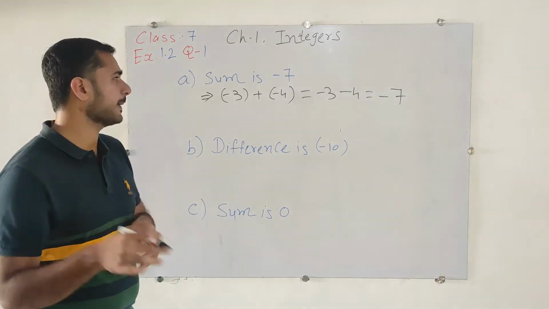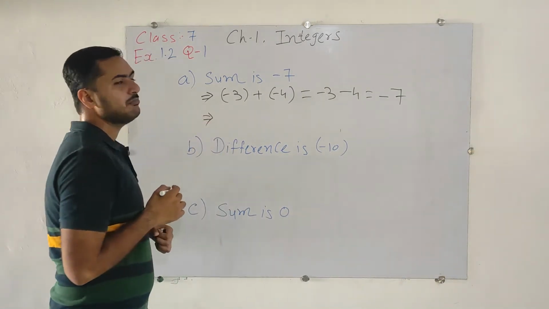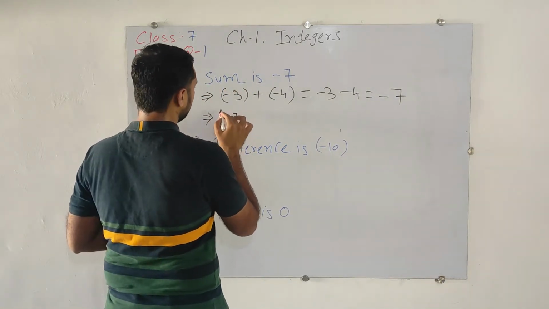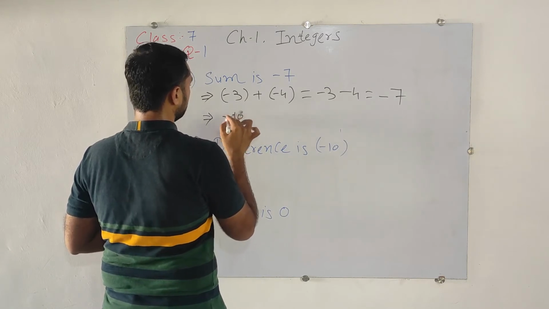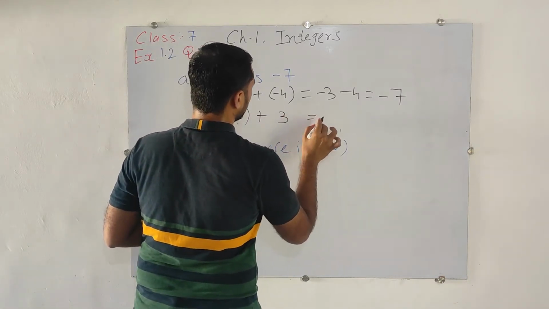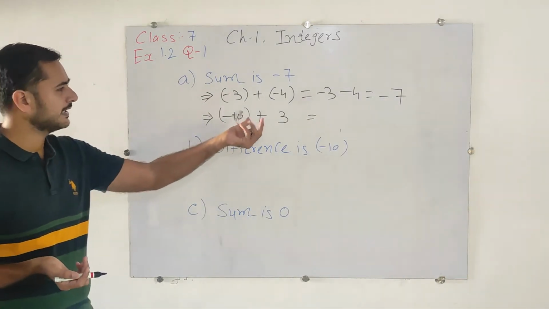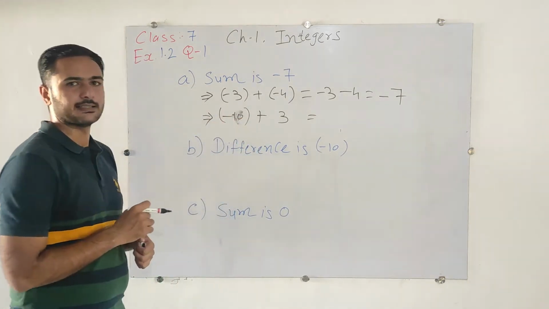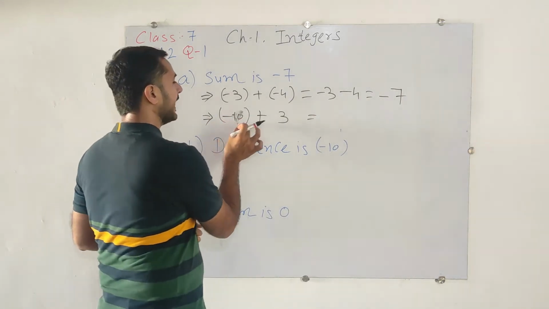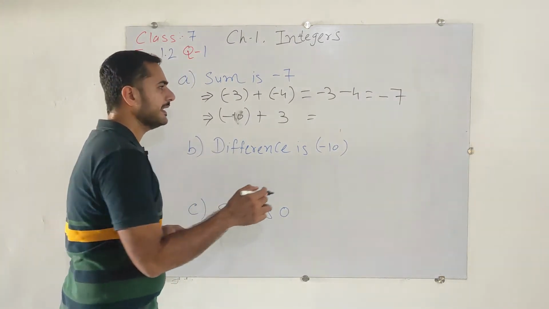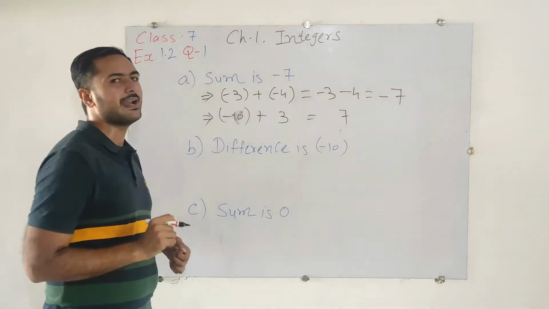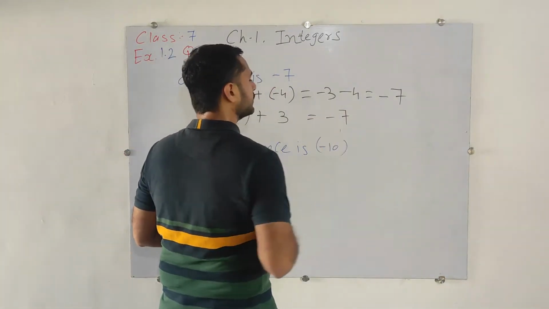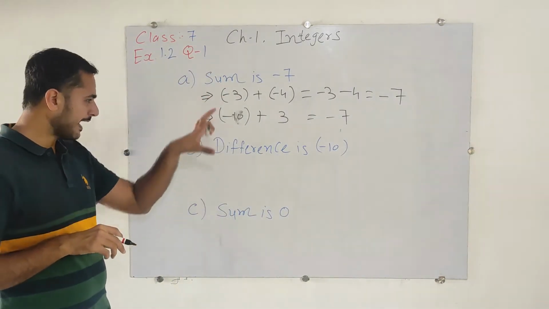Now I am going to write another pair also, where the sum should be minus 7. So simply what I am going to do is minus 10 plus 3. First of all, we would open the brackets, but here it's really simple, no need to open that. Now see here, minus plus. So 10 minus 3 is 7, and we have to place the sign of the bigger number. Which is the bigger one? The 10 is the bigger one, so we place a minus sign over there. So our answer is minus 7. This is how we have to complete all the questions.